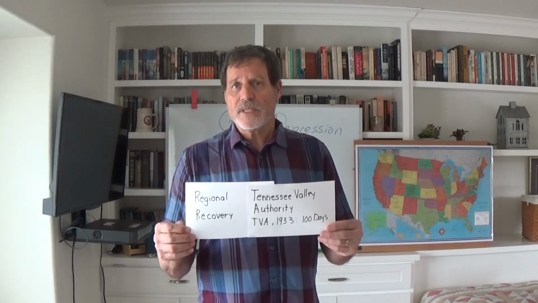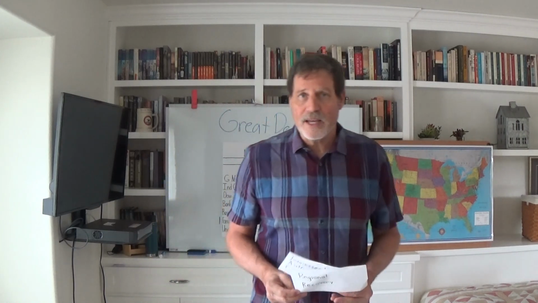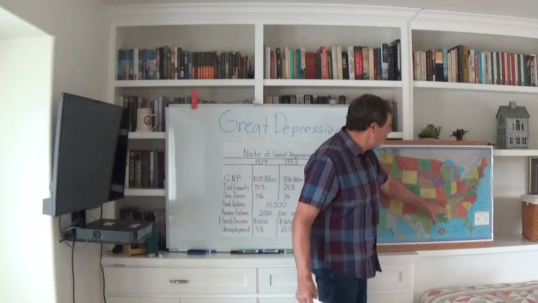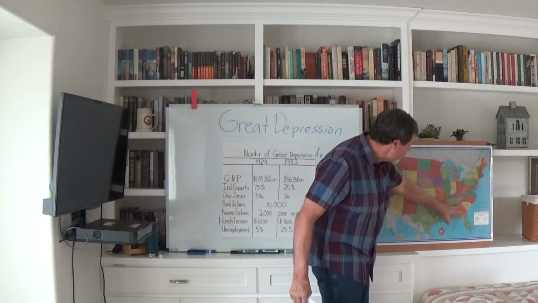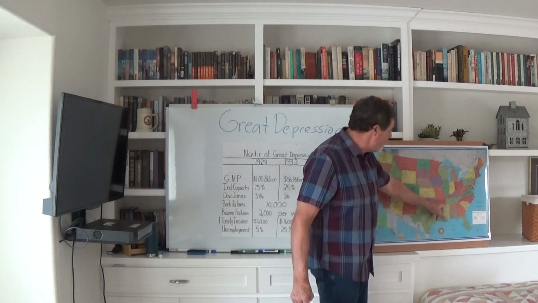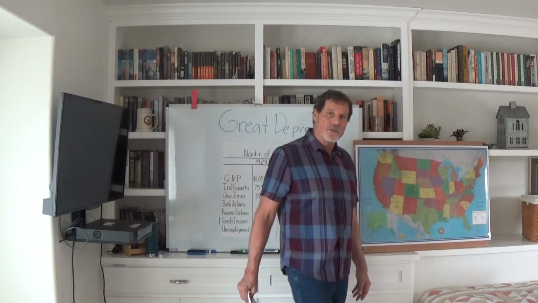So we're looking at the Tennessee River Valley area, and it has a lot of unique characteristics which are important for what they were trying to do here. I can point to it on the map for you. The Tennessee River Valley goes through a lot of states. It goes through a little bit of North Carolina, South Carolina, Georgia, Tennessee, of course. It hits the corner of Mississippi, right over here, a little bit of Alabama, up through Tennessee, and then finally through Kentucky on its way to the Ohio River.